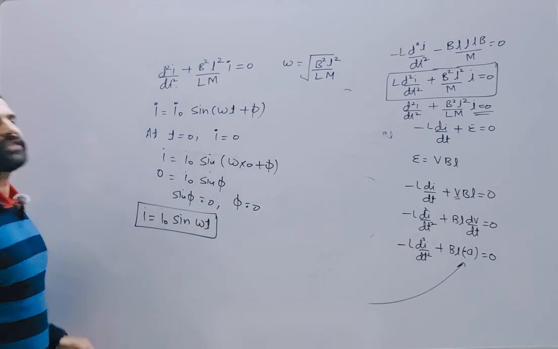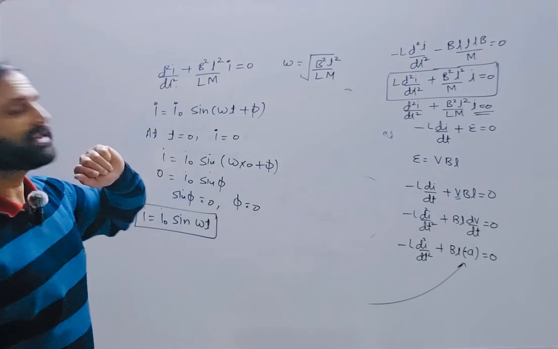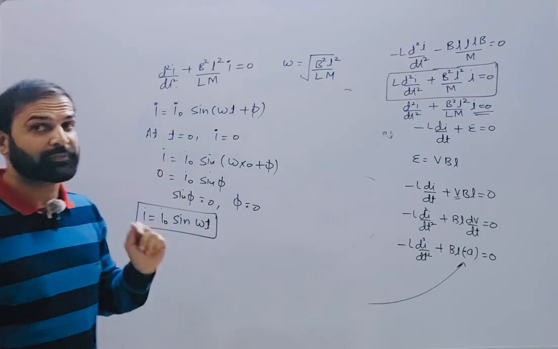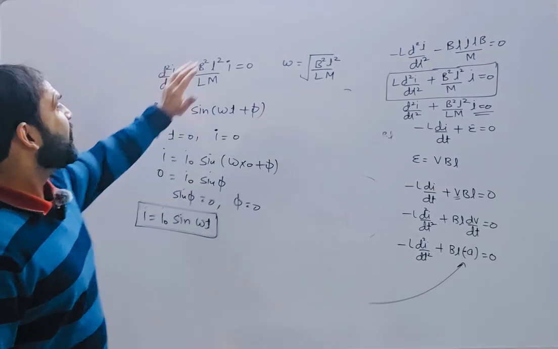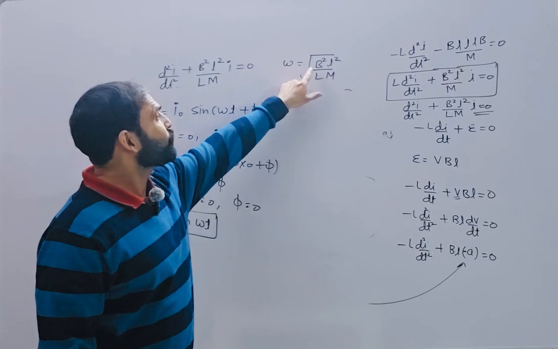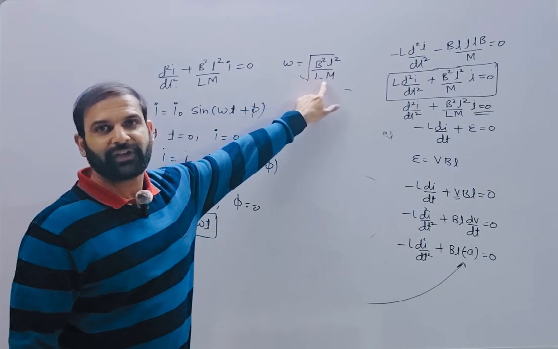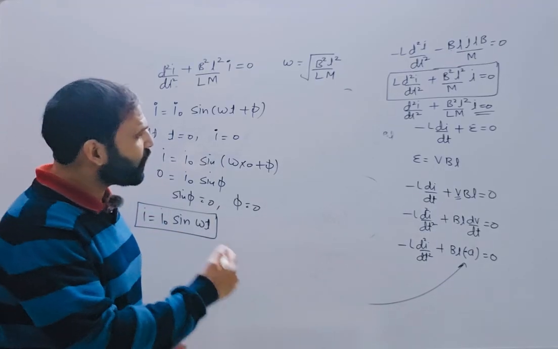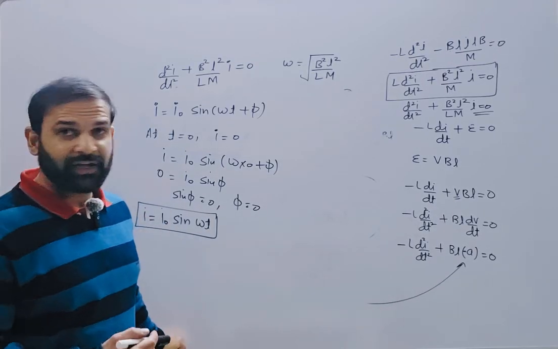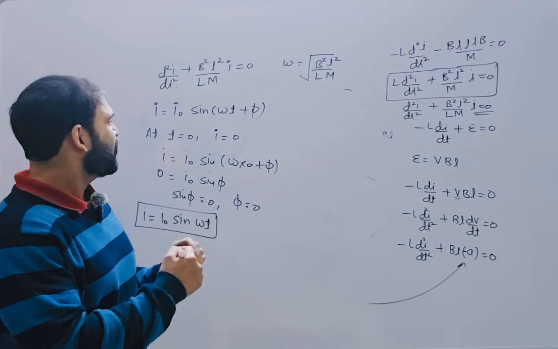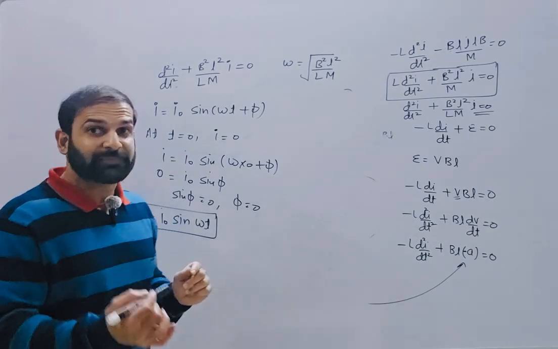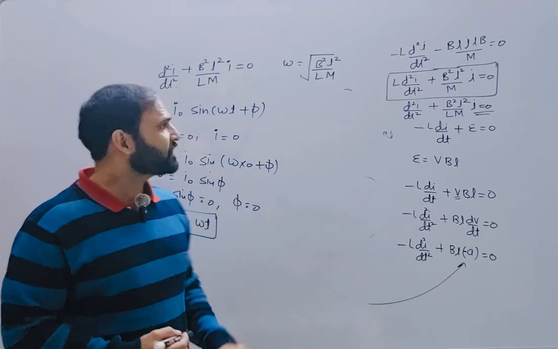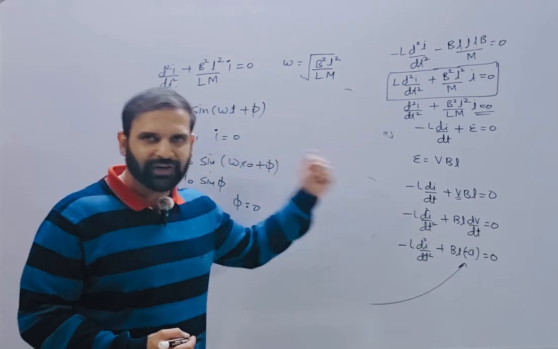So from the first part we can easily say that the current in this circuit is performing oscillatory motion, or we can say simple harmonic motion, in which the angular frequency can be written as root of B square L square by L into M. From this equation we cannot determine the nature of motion of the rod. Now again we have to find some relation between velocity or displacement to get the perfect picture of that situation.